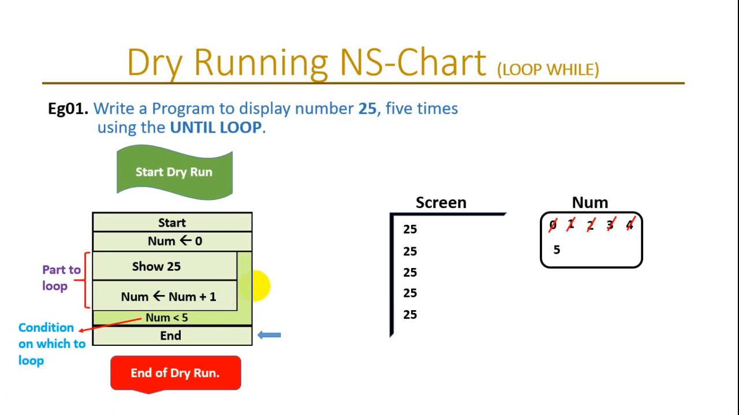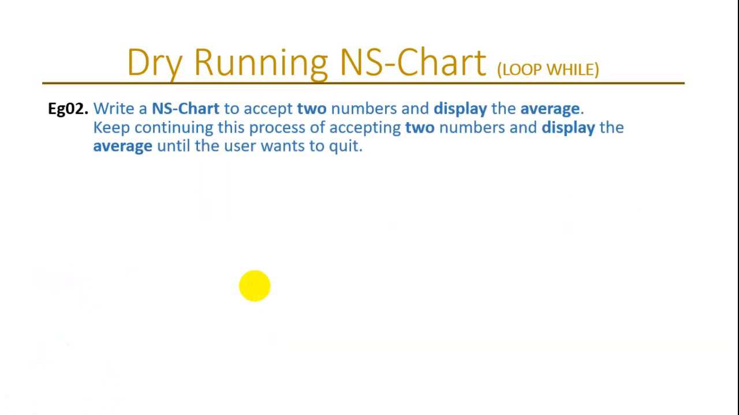Let's go through another example. Okay, second example. Now here, write an NS chart to accept two numbers and display the average. So I want to take two numbers and display the average. Now, there is no looping in that, right? Just accept the first number, accept the second number, add the two numbers, divide by 2 and show the